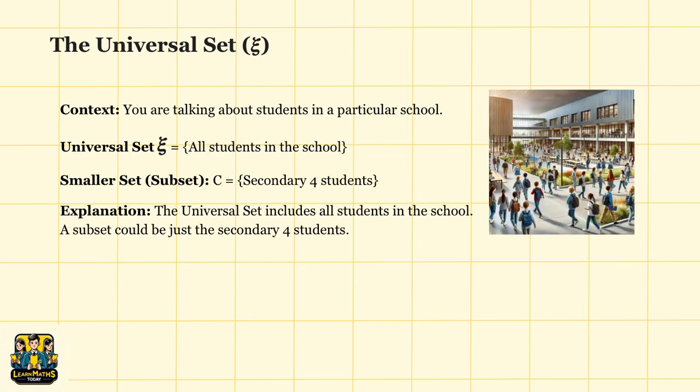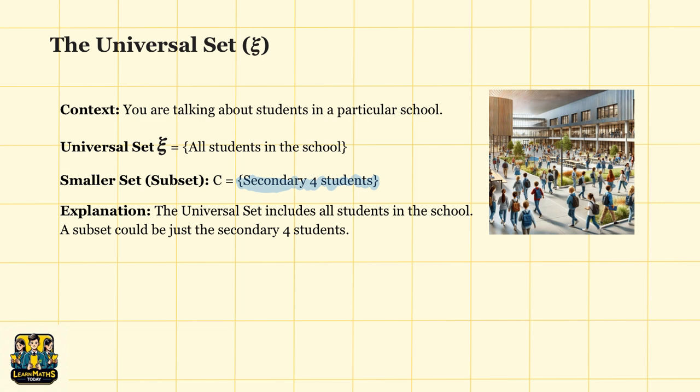Let's consider a school as our context. The universal set in this case will include all students in the school. This means every single student from all levels and classes is part of this universal set. Now we can define a subset of this universal set, such as C equal to a set of secondary 4 students. This subset includes only the students in secondary 4 classes,